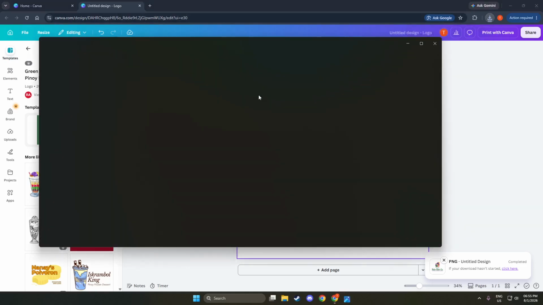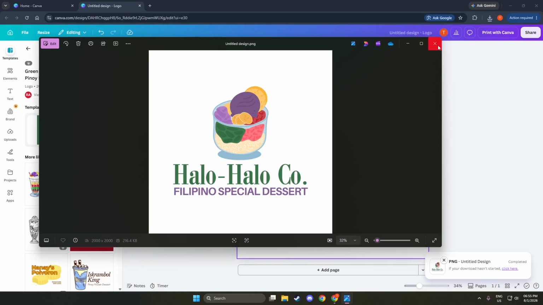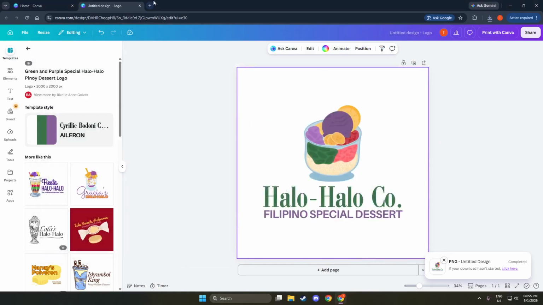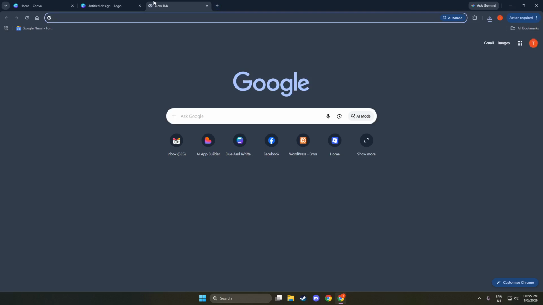Most of these tools start processing automatically as soon as the upload completes, and you will see a preview showing your subject separated from the background. A helpful detail here is that you can usually zoom in on the preview to check if the edges look clean around hair, hands, or objects. Some tools even let you refine the cutout using add or erase brushes, which is useful if a small area of the background was missed.